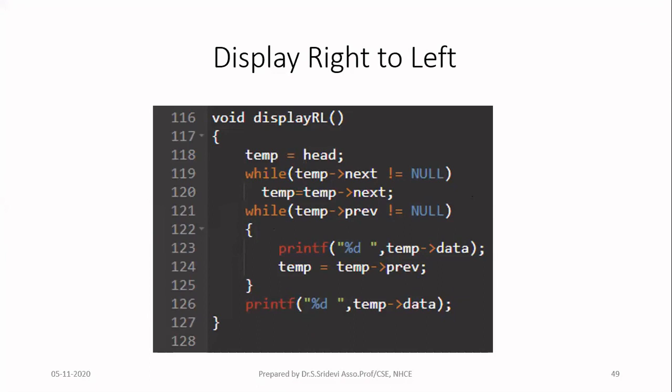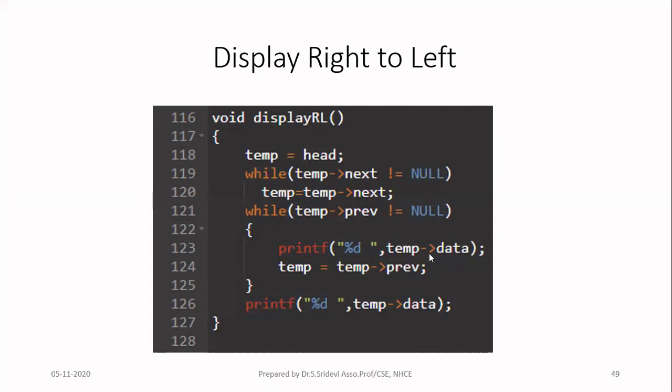Now, from the last node, you travel in the left direction. Okay, so I want to travel in the left direction, so I need the previous pointer now. Okay, so far in the travel we have not used the previous pointer. Here only we are going to use. So now you have to travel in the left direction. You have to display the nodes one by one till you get the previous field of a node equal to null. So I am writing while previous of temp is not equal to null. That means I didn't reach the first node, because when I reach the first node, that will have the previous field as null. Okay, so while previous of temp is not equal to null, you have to display it.